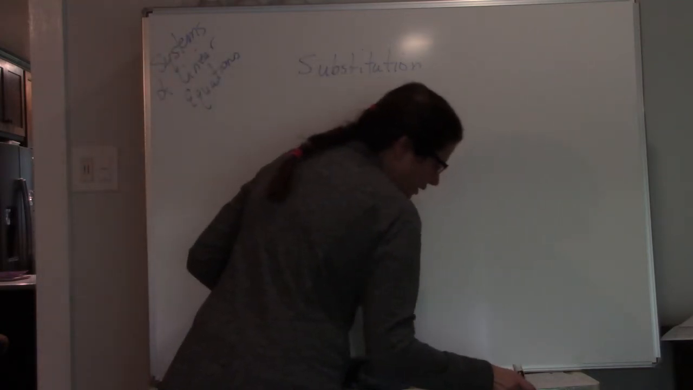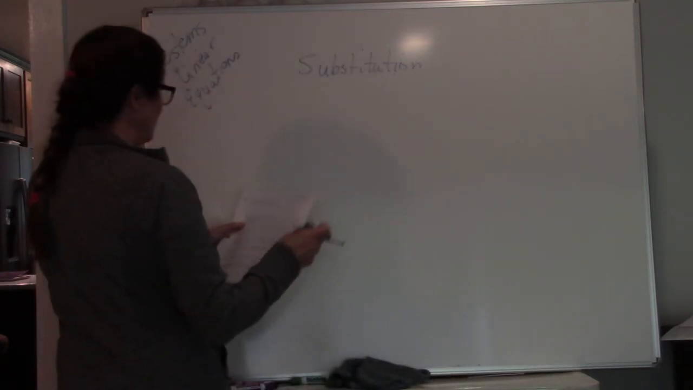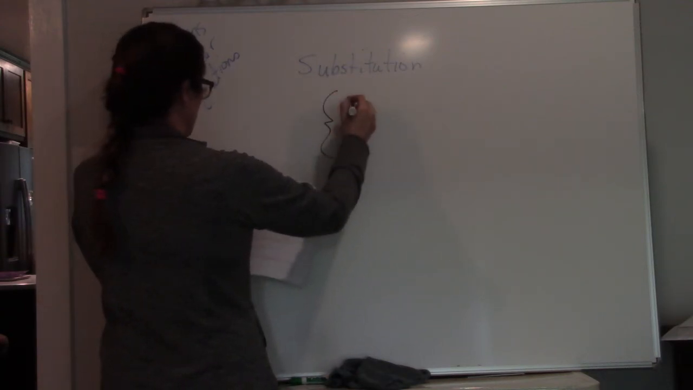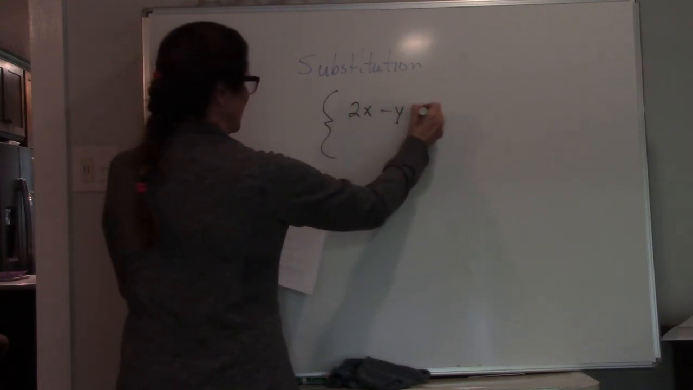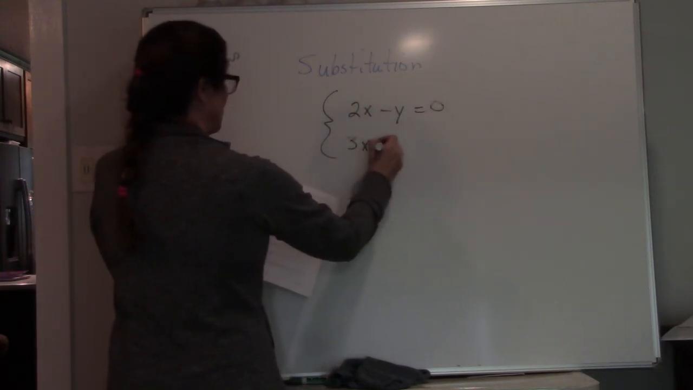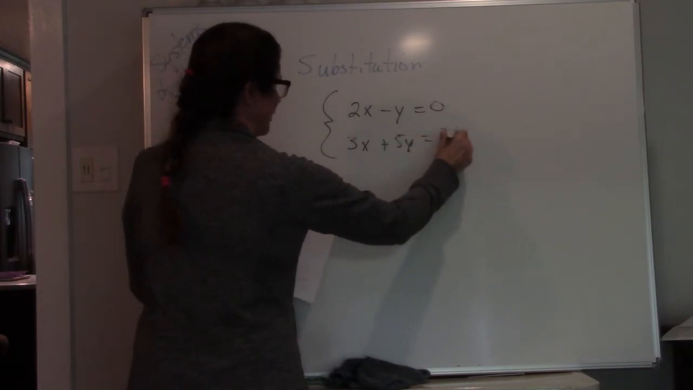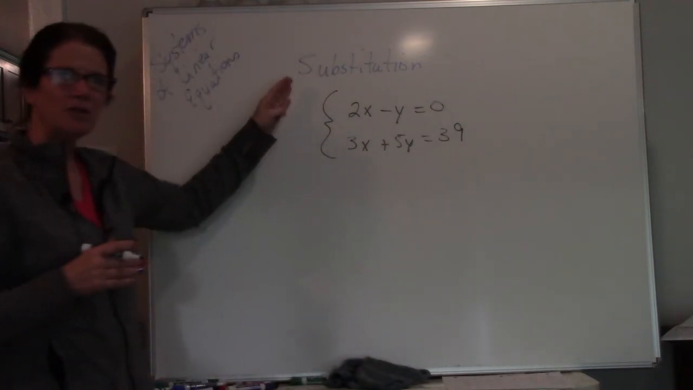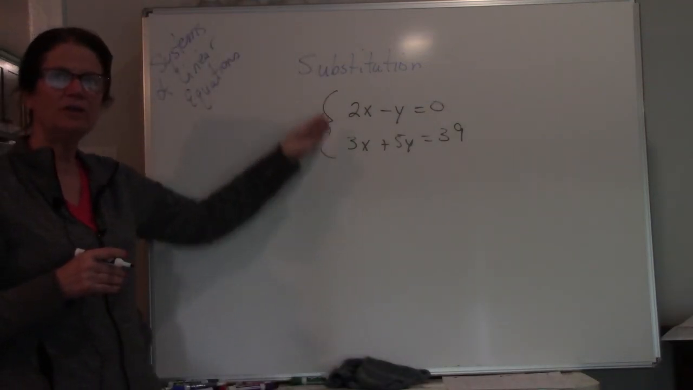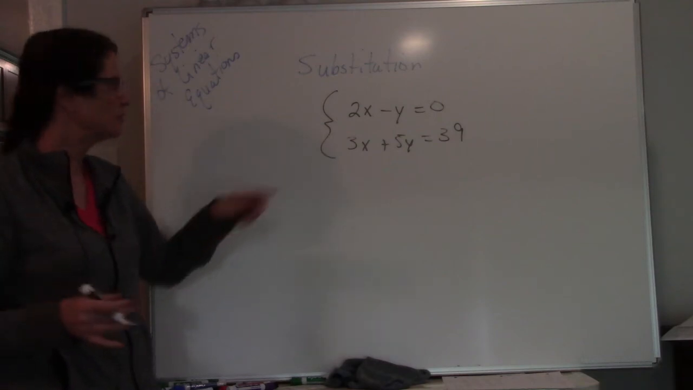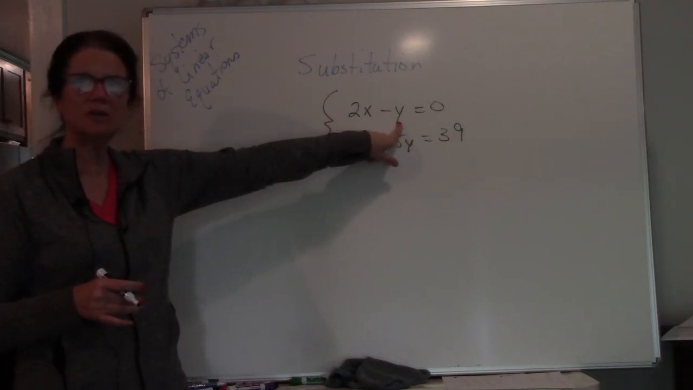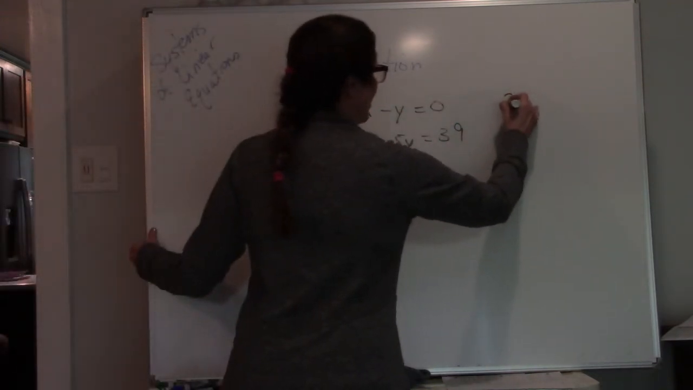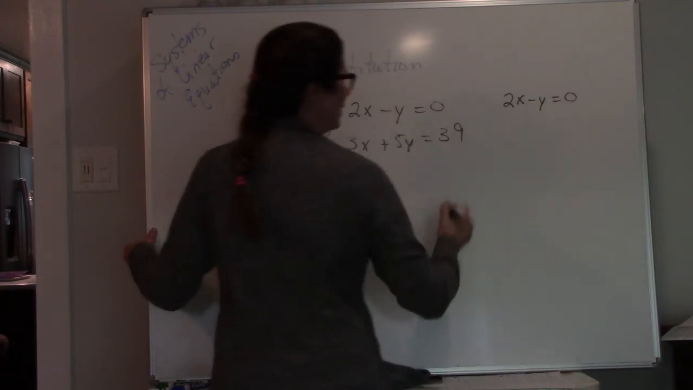So for instance, let's look at number 1 on page 117 in B. My system is 2x minus y equals 0, 3x plus 5y equals 39. Okay, so if I'm going to use substitution, I have to solve one or the other equation for one of the variables. Well, this is going to be the easiest one to solve for because y is already by itself. So I'm going to take this first one, and I'm going to rewrite it and then solve for